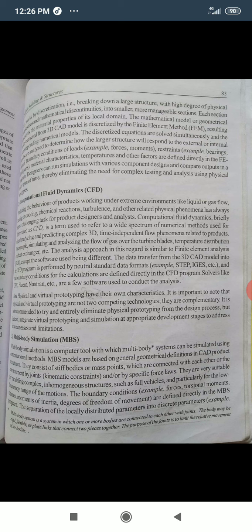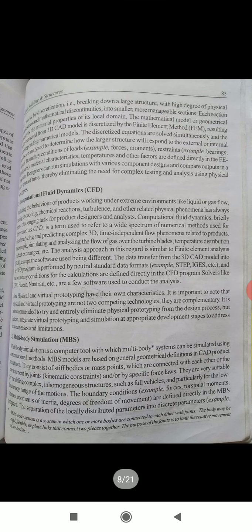Computational fluid dynamics, briefly abbreviated as CFD, is a term used to refer to a wide spectrum of numerical methods used for visually analyzing and predicting complex 3D time-dependent flow phenomena related to products. For example, simulating and analyzing the flow of gas over turbine blades, temperature distribution in a heat exchanger, etc.